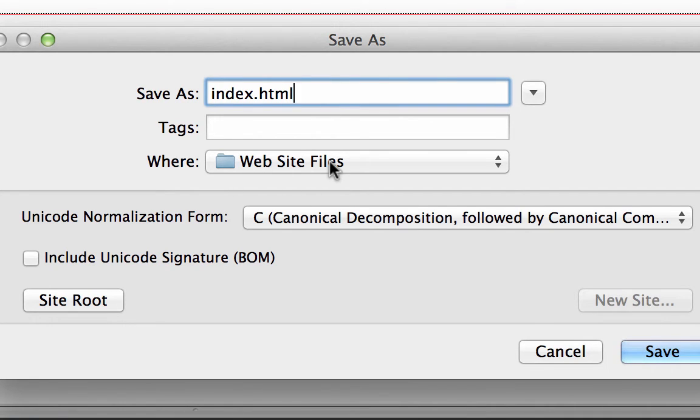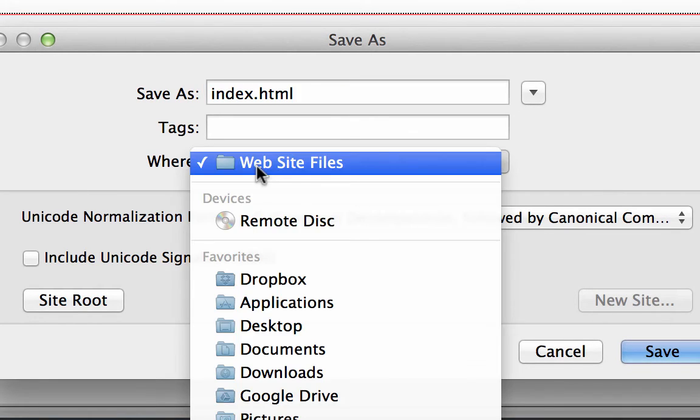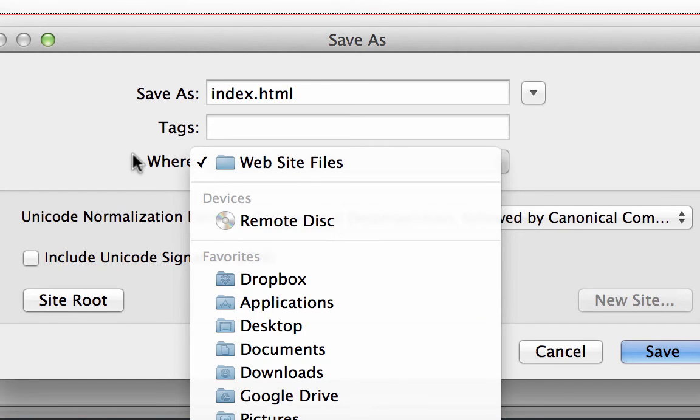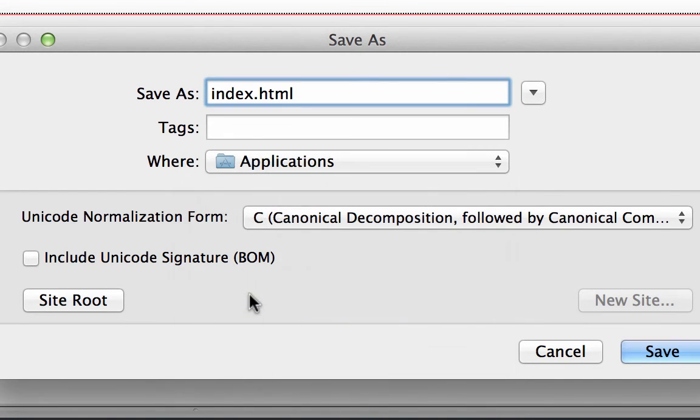I'm going to save it under website files. Since I'm working in my portfolio website, Dreamweaver knows that this is the default place to save my web pages. If I happen to be in some other folder where I don't want to save my file, a quick way to come back to the website folder is click on Site Root.